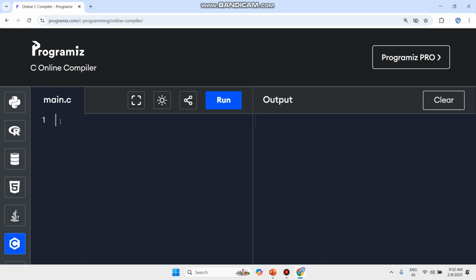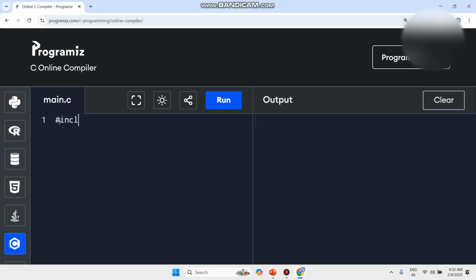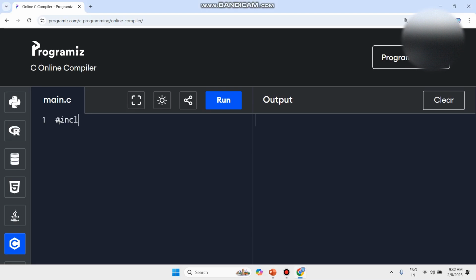In the first line I'm writing what is called hash include. The spelling may be wrong, that's why it's not colored. Yes, include. Include space, and inside the greater than and less than signs I want to write stdio dot h.